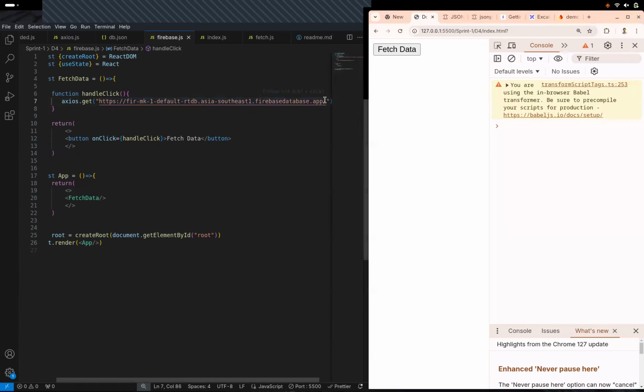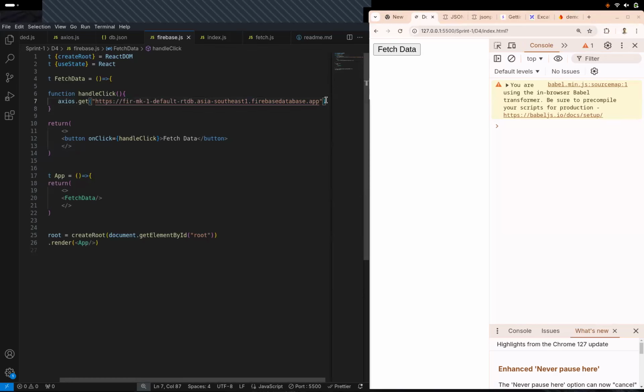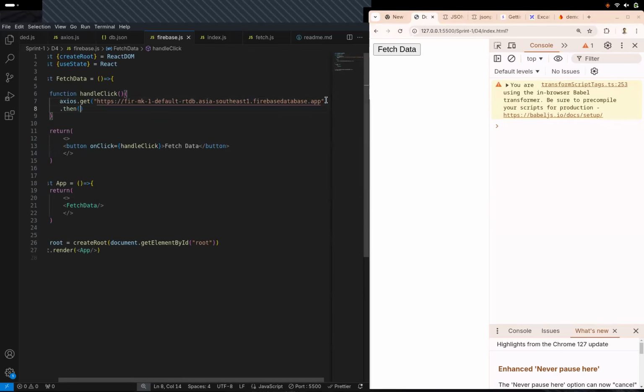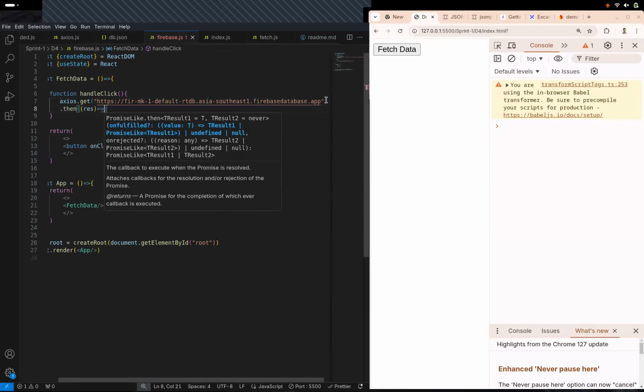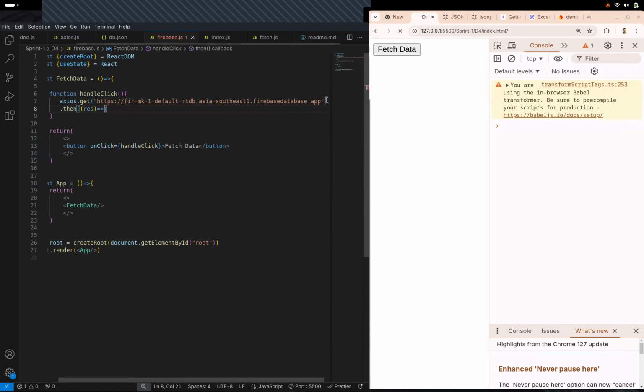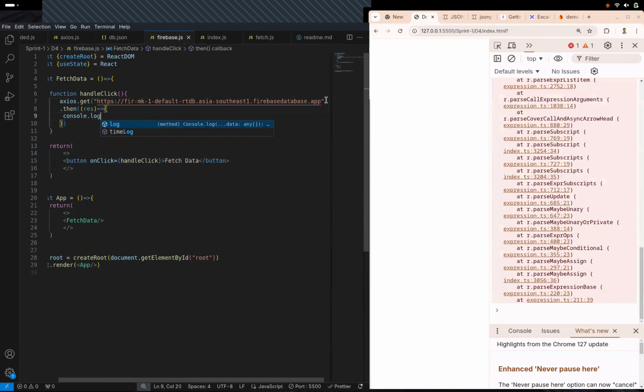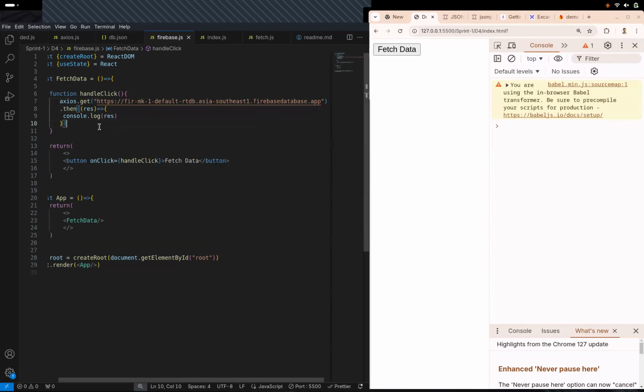Okay, might be copying error. Let's remove the slash and finally we'll do a dot then because it's a promise. And we are gonna console.log that response. Let's click on it. Let's see what we are getting. If I click on it,